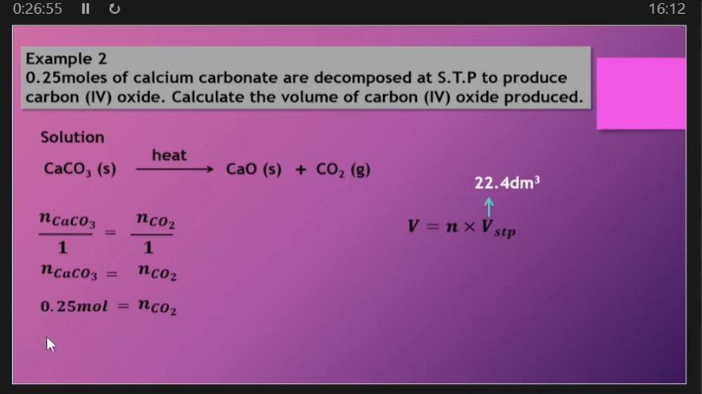Alright, so now we are going to substitute the number of moles of carbon 4 oxide, which is 0.25 moles, into this equation. So when we substitute here, we put this, and on this one we put this. We'll make sure that we cancel the number of moles here, and then when we multiply 0.25 times 22.4, we'll get the volume is equal to